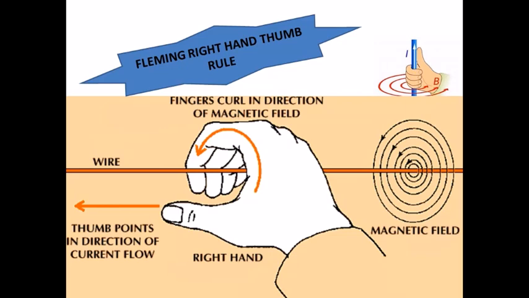Say these curved fingers are the direction of the current in the circular loop, then the thumb gives the direction of the magnetic field. So curved fingers give the direction of magnetic field line if the thumb is pointed along the direction of the current, and if the curved fingers are along the direction of the current in the circular loop, then the thumb represents the magnetic field line.